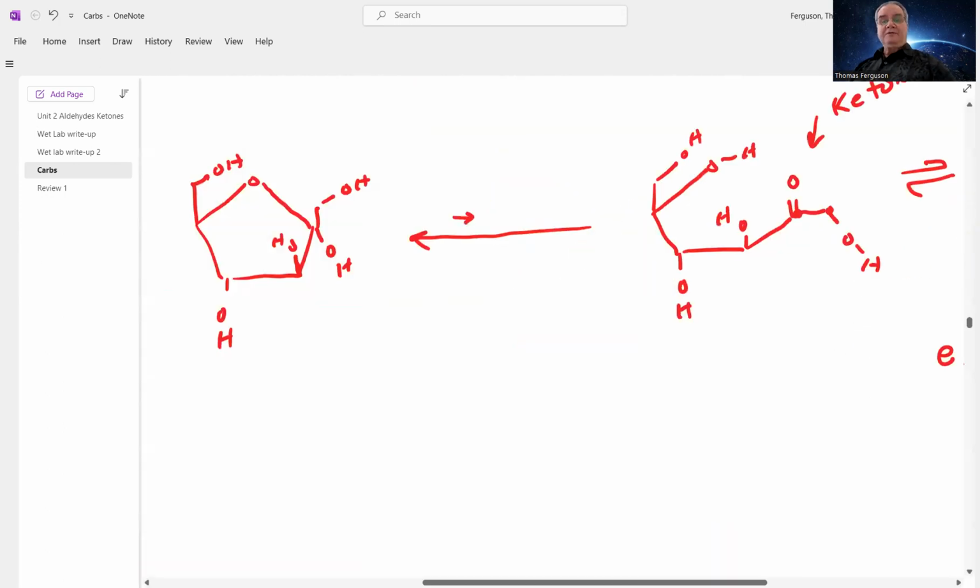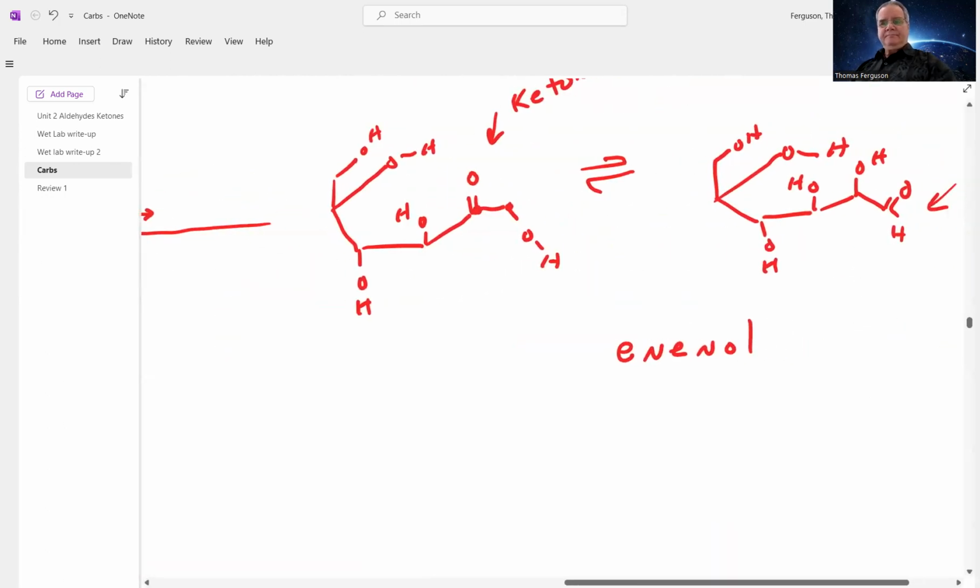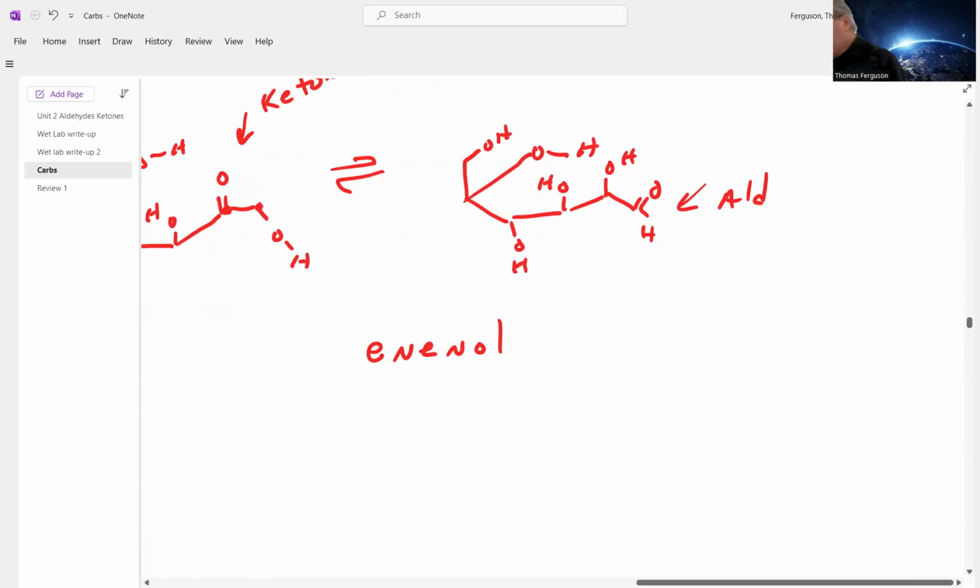And then also, the anomeric carbon becomes carbon number 1 also. So this goes carbon number 2,